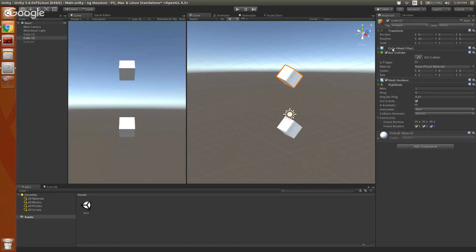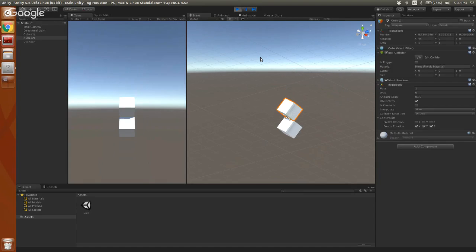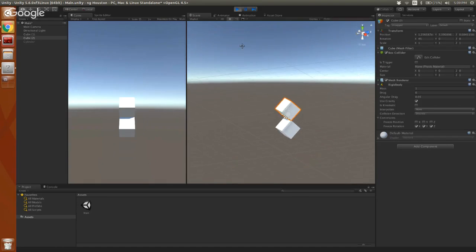Now we're saying, do whatever you want position-wise, fall, go wherever you're going to go, but never, ever rotate. And if it never rotates, it should stay perfectly balanced, because there aren't those little things Alex was talking about, the randomness. So if we hit play now, it falls, and it falls perfectly balanced on the other cube.